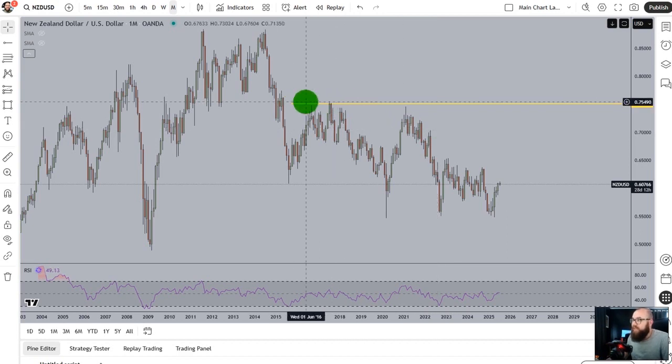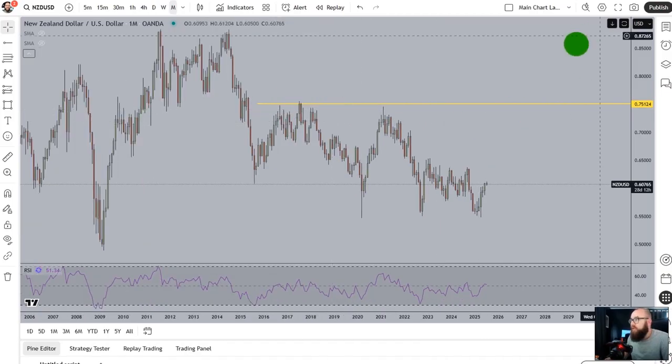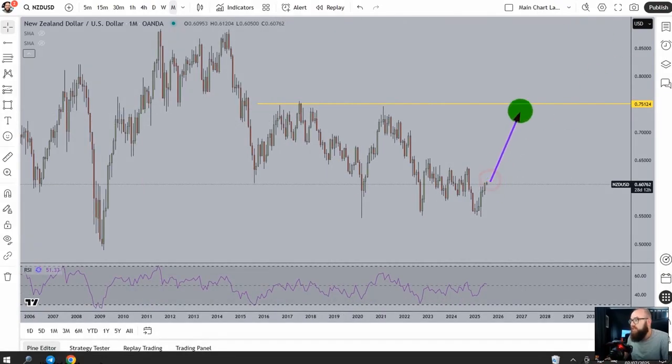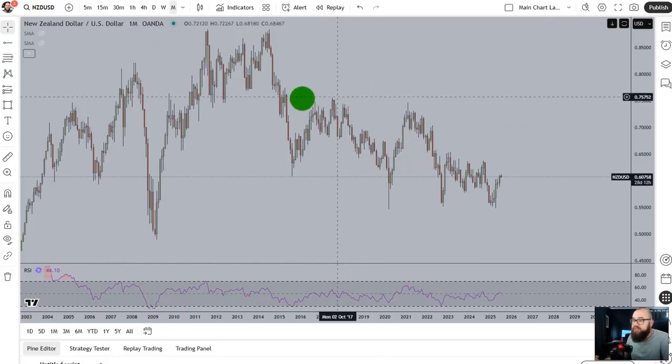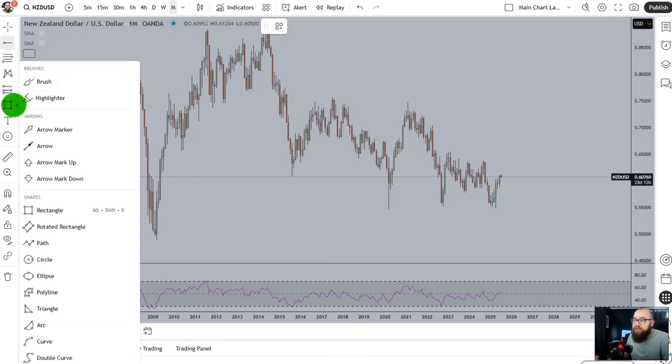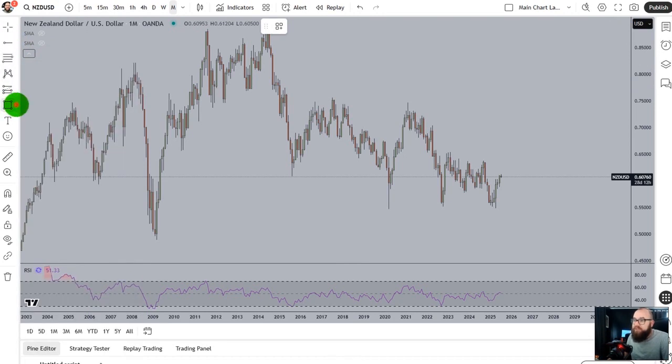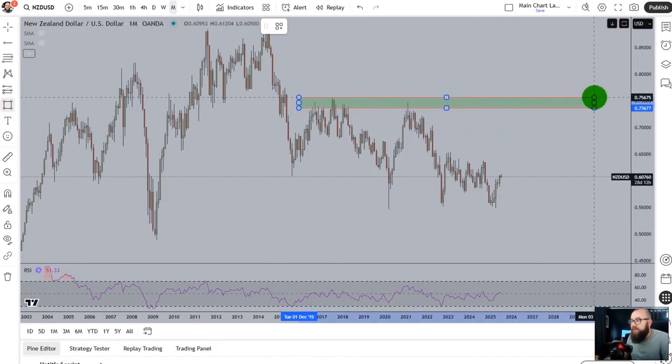So now we've marked this line, marked this reversal. What can happen is when price reaches this area in the future as resistance, because it's above the price, a bullish move turn bearish, we could see the same thing happen. We could see a bullish move turn bearish. Another way we can draw this horizontal resistance is not to use a line, but to use an area. So down here under this box here, the fifth box down, I have shapes, and with a rectangle I can draw an area